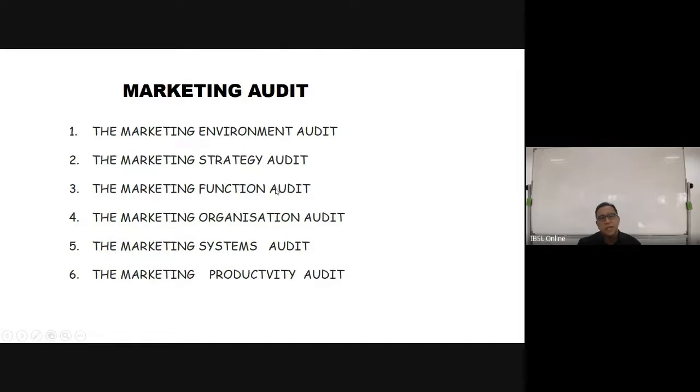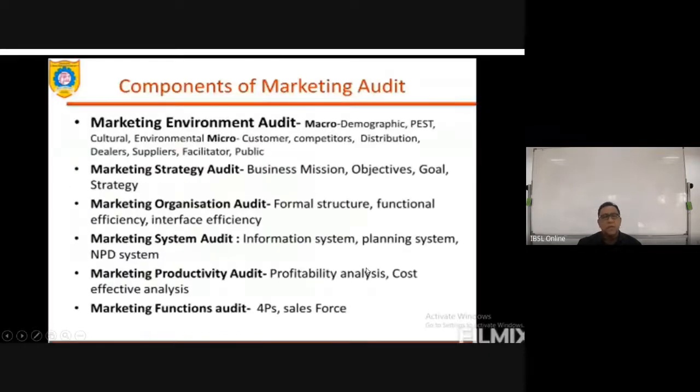So a marketing audit is comprised of several areas: marketing environment, the strategy, marketing functions, marketing organizations, systems, and productivity. Let's see some details of these terms. Under environment, you assess macro and micro factors. Under strategy audit, you look at your business mission, objectives, goals of the organization. Under organization audit, your structure of the organization, functional efficiencies, interdepartment efficiencies, interface coordination between the departments,